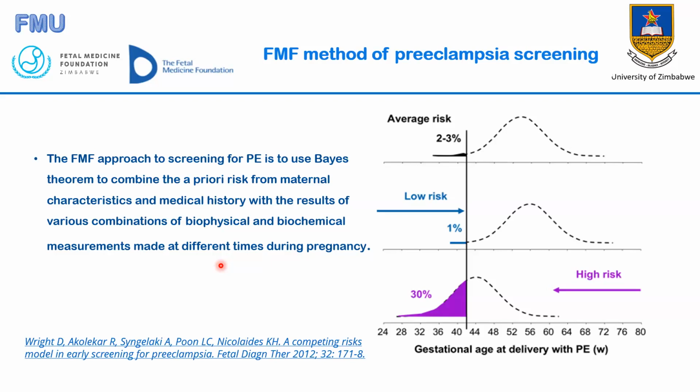But the FMF recommends that we should screen for preeclampsia using what is called Bayes theorem, which combines the a priori risk from the maternal history or maternal characteristics and medical history with the results of biophysical and biochemical measurements made at different times during pregnancy. The assumption is that all women would develop preeclampsia if their pregnancy is allowed to go up to 60